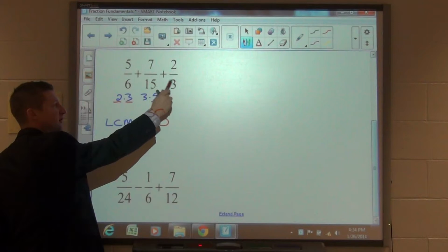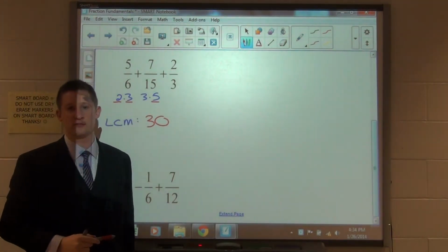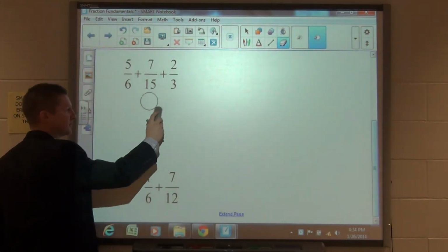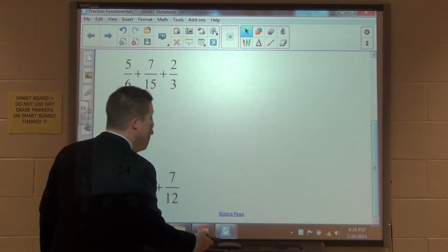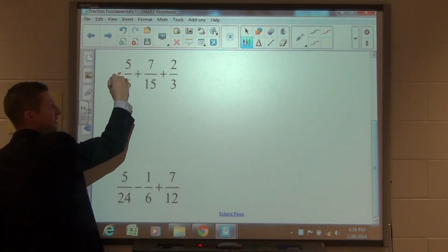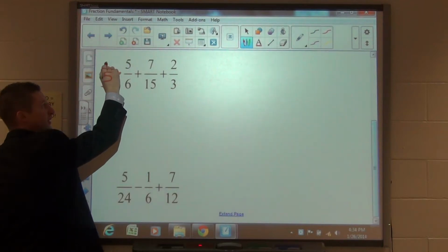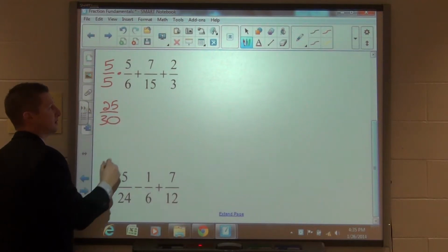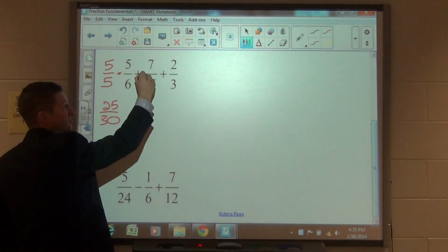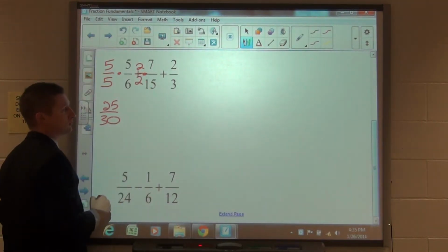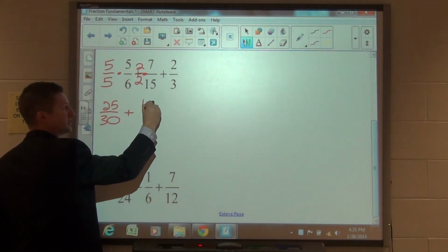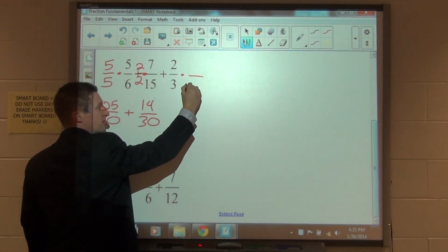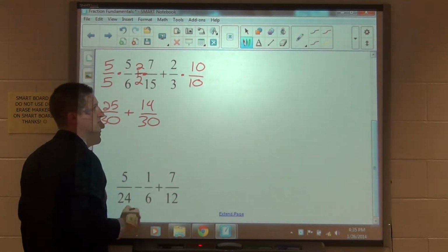And if you look at the 3 denominators and think it through, I'm sure you'll find that that will be the first multiple that they have in common. Now, in order to change each of these fractions, I'm going to multiply both top and bottom by the same value. 5/6 changes into a number of 30ths if I multiply the top and bottom by 5 over 5. This will give me 25/30ths. To change 7/15 into a number of 30ths, I should multiply by 2 over 2, which will give me 14 over 30. The final fraction, 2/3, if I want to change that into a number of 30ths, I would need to multiply by 10 over 10, which would give me